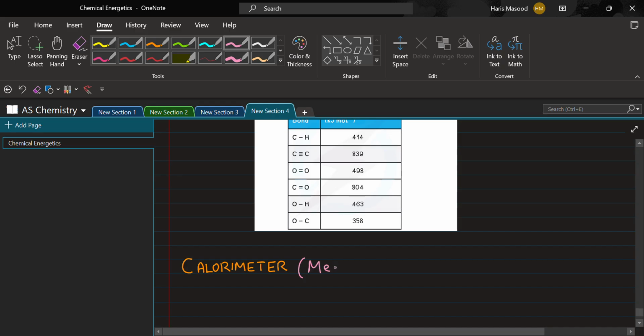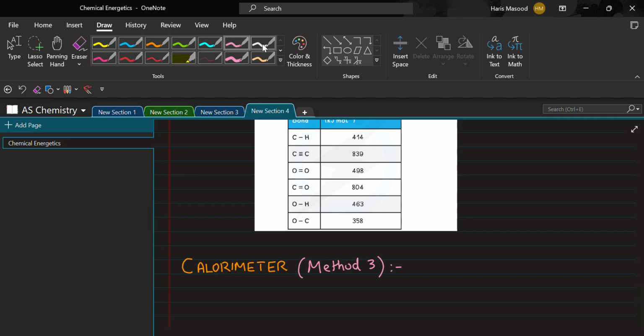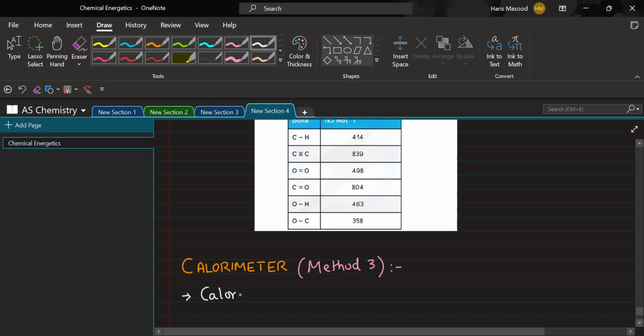I would write here method 3. So calorimetry is a technique